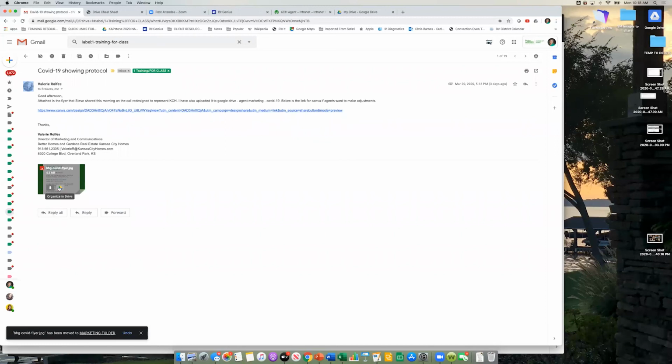And you'll see now that that is illuminated. As I mouse over this, it was gray before. Now it's turned to green, yellow, and blue, which means I know when I come back to this email that I've already put this in Drive. If I want to move what folder I put it into, I can do that right from here. If I click on Drive, it's going to allow me to organize it. So if I put it in the wrong folder,